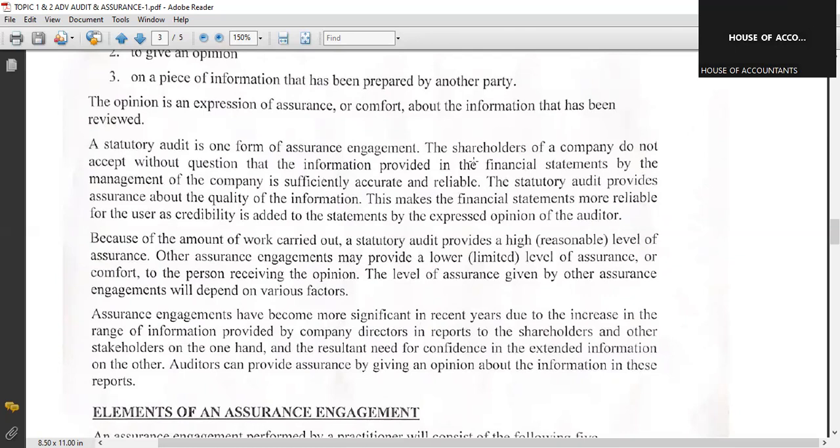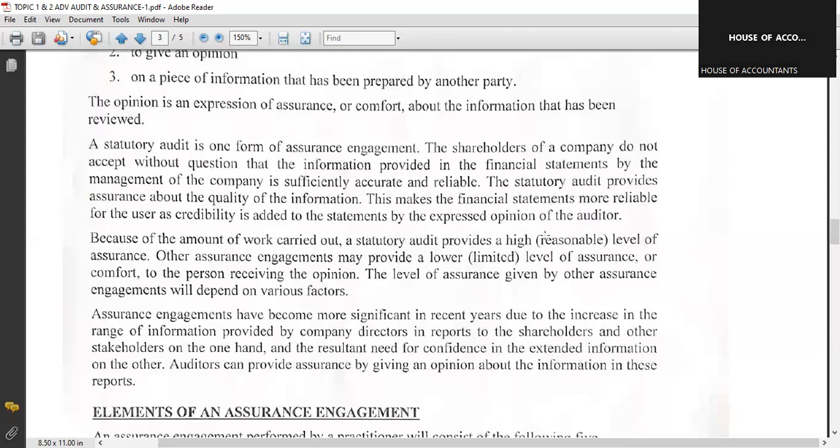So after the management prepare the financial statement, that is what they do. The accountant is also part of the management. So the management prepared the financial statement, then the external person, the statutory auditor, now comes to perform the statutory audit to check the quality of information given by the management, if it is accurate and free from error. This makes the financial statement more reliable for the users, as credibility is added to the statement by the expressed opinion of the auditor. So once the auditor signs that financial statement, it gives the users confidence and credibility that